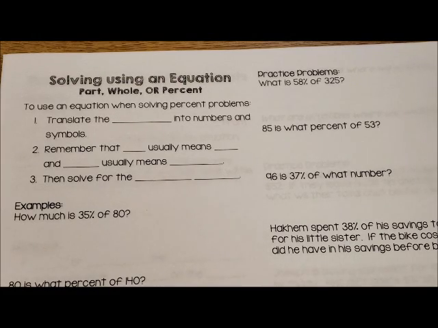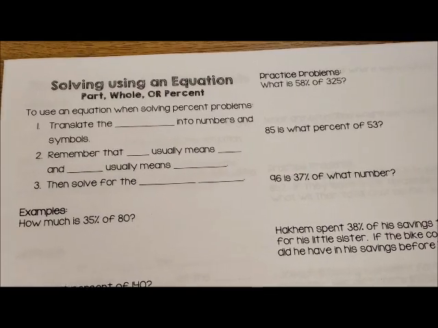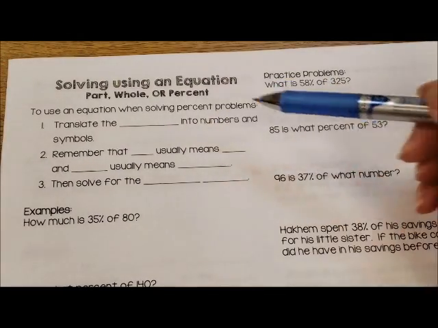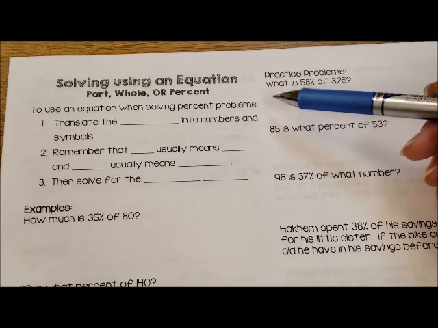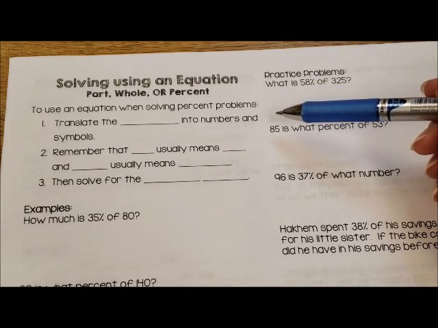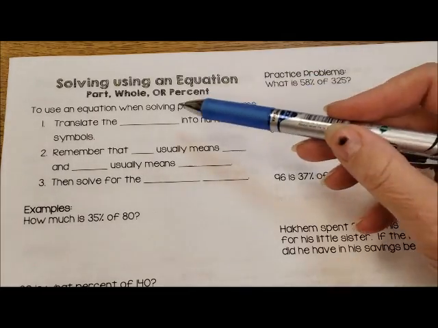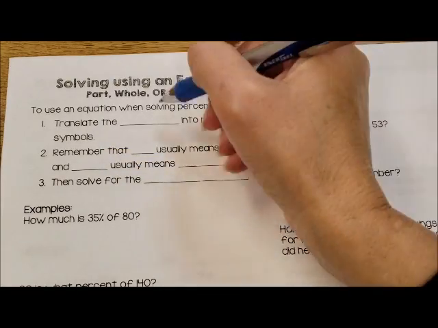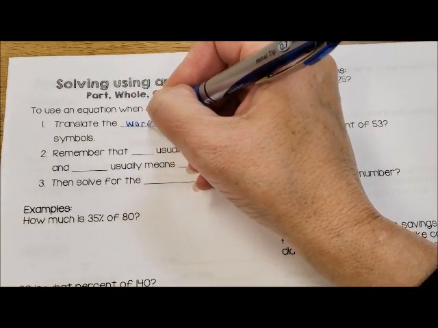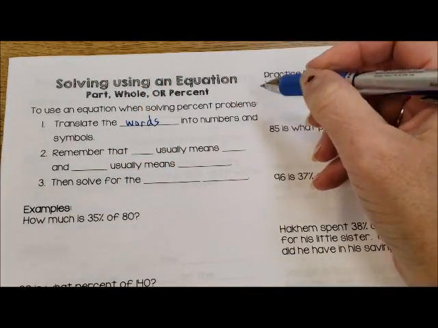When we solve percent problems, another option would be to use an equation. We're still going to be looking for a part, a whole, or a percent. We're just going to use an equation to help set that up and do the math. So when we do that, we're going to first need to translate any words into the numbers and symbols that